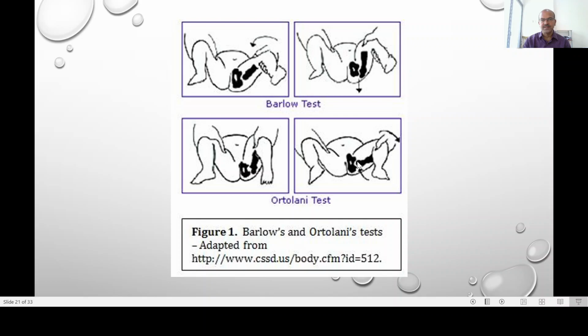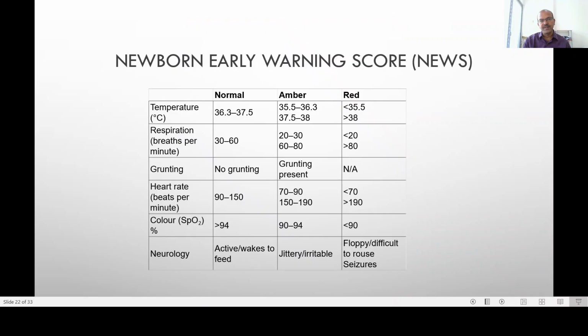Monitoring the vital signs, each of our units may have different policies, but it's very important in the first 4 hours that we are monitoring very closely. After the first 4 hours, some units do it every 4 hours till discharge. Some units go 4 hourly for the first 12 hours and then 6 hourly till discharge. But some form of regular monitoring is needed, and the parent should be clearly instructed that you have to inform the nurse if there is any concern.